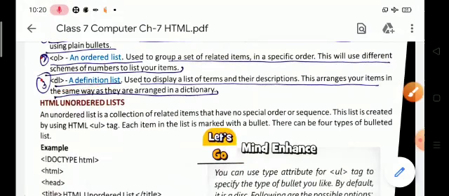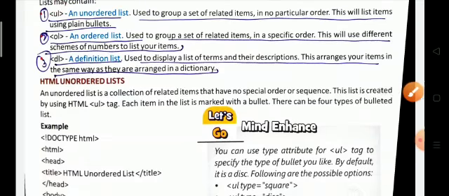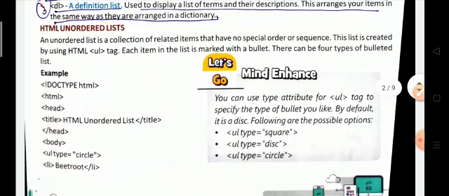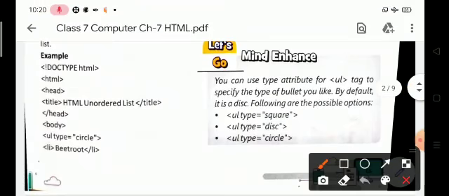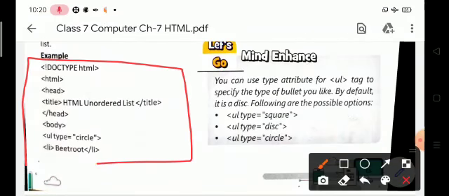Now the question is how to use these lists in HTML pages. Children, look at this structure. This is the basic structure of HTML. In line number 1, we start with the HTML tag, the first tag.